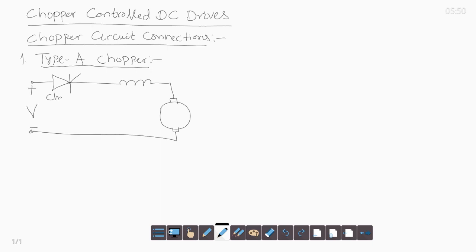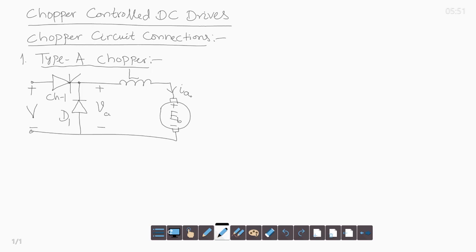This is the chopper CH1, and here you have the freewheeling diode D1 across the output, and this is the voltage applied to the machine and filter. This is the filter and machine inductance L, and this is the motor with back EMF EB, and the motor current is IA. This is the positive direction of the motor current.